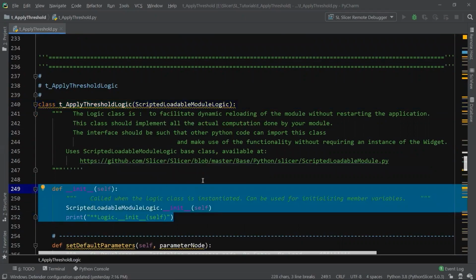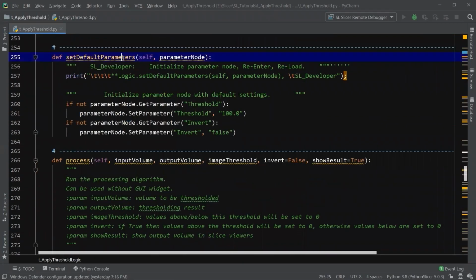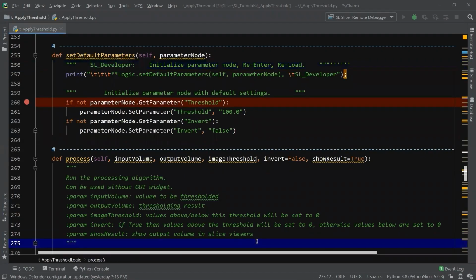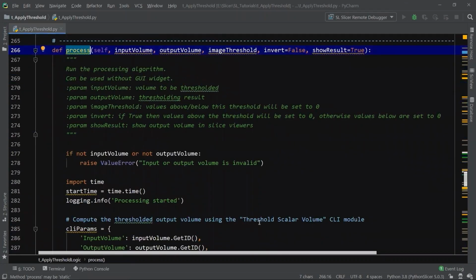There's nothing in the constructor. The function setDefaultParameters is where we initialize the module singleton parameter node. It belongs to the developer area, but we may not use this function in the Hello World application. So let's put a breakpoint here to be cleaned in the need blank section. The logic function process is a pure developer function for backend data processing. It can be either replaced or removed. The purpose of this function in the template given by 3D Slicer is to show us how to make use of the test class for function unit testing.